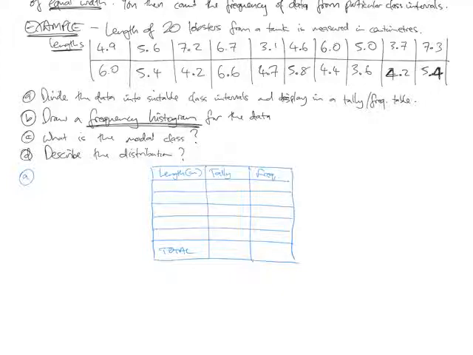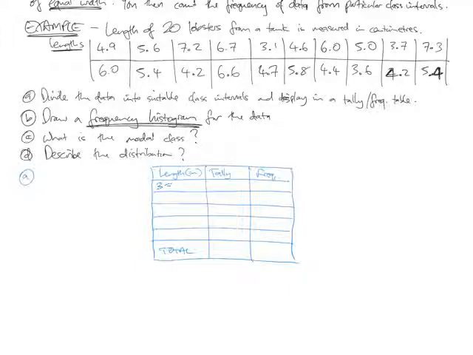You usually want between 5 and 10 class intervals. So how could we divide this into 5 to 10? Well, your lowest value here is 3. The highest value looks like 7.3. So if you went from 3 to 4, 4 to 5, 5 to 6, 6 to 7, you'd have around 5 there. So what you can do is divide it into class intervals of